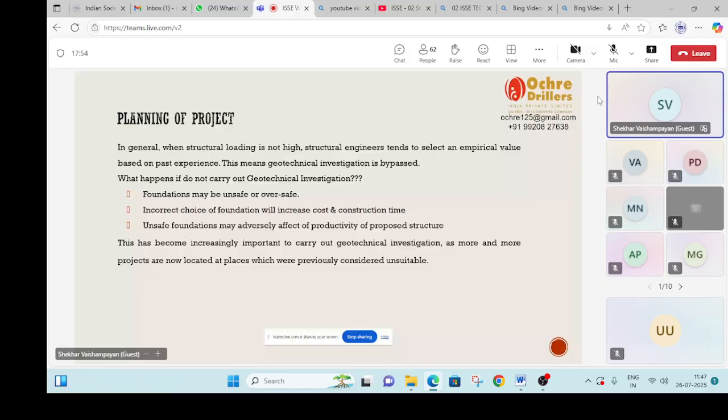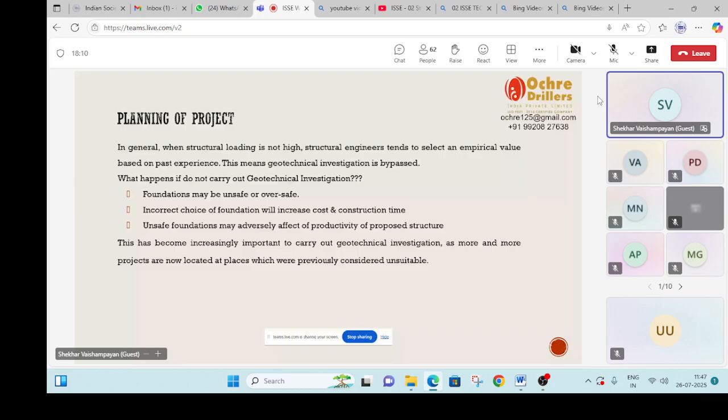distress. There will be cracks, there will be settlement, and the cracks will cause such incorrect choice of foundation will then cause operation and maintenance cost increase. Not only that, if the settlement happens